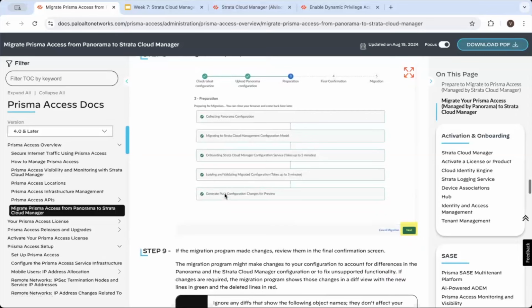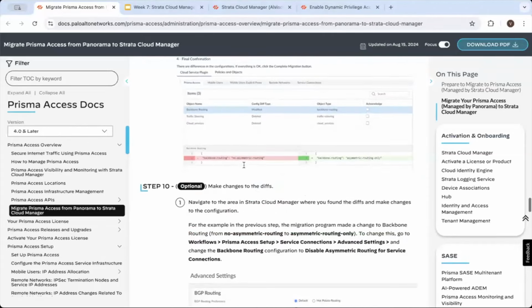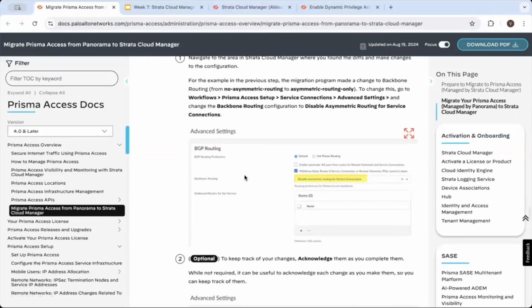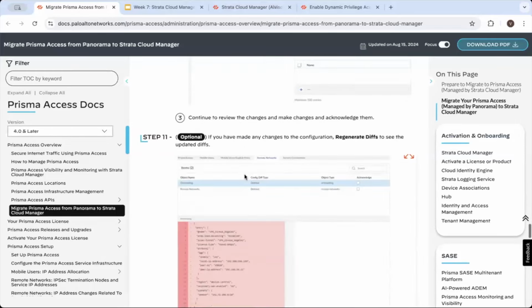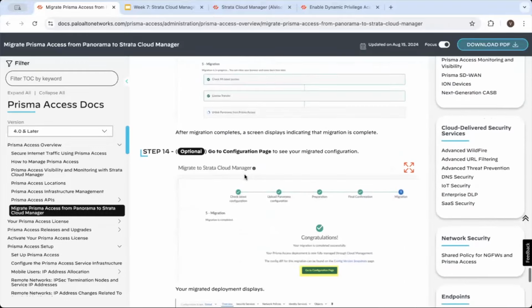The tool itself will bring in a config service pod in the backend, upload the config, and run the diff with the last pushed Panorama config. So the customer can go and see what diffs were created from the last push config to Prisma Access, and then they can go and add those diffs. We show the UI just like a migrated UI, so the customers can edit, change the configs, rerun the diffs, and make sure that all the diffs are taken care of before they actually go and click on the